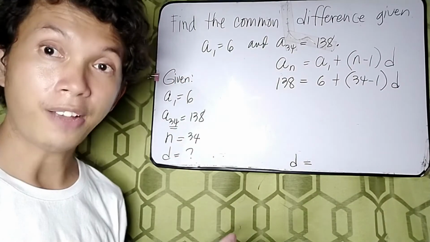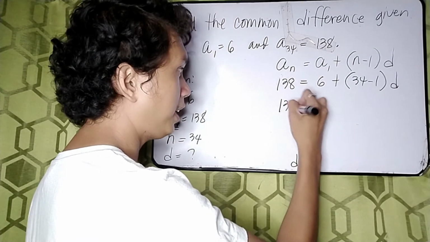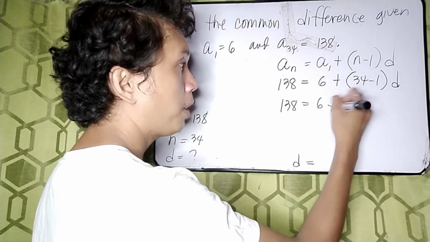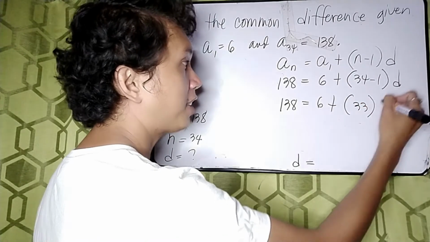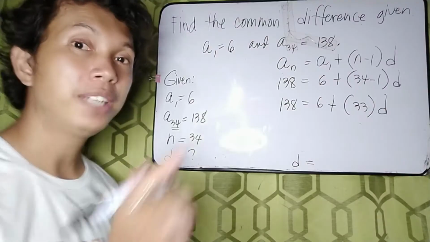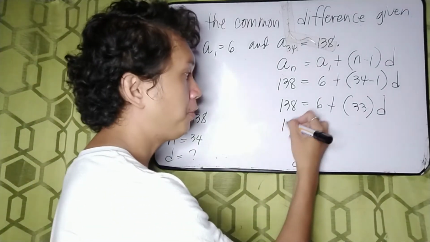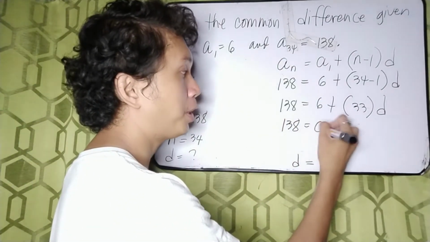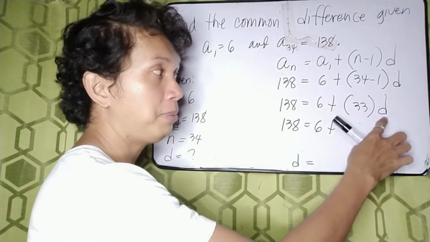Next, following PEMDAS, parentheses first. So 138 is equal to 6 plus 34 minus 1, that is 33, times d. So next, we have multiplication. So 138, just copy the numbers which are not affected. So 33 times d, that is